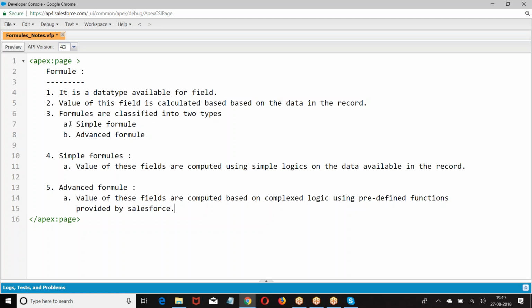At the time of creating a formula, the result should be in which format? When you are calculating some value, we have to specify the format of the result before creating the formula. Every formula in Salesforce will give a result in the form of